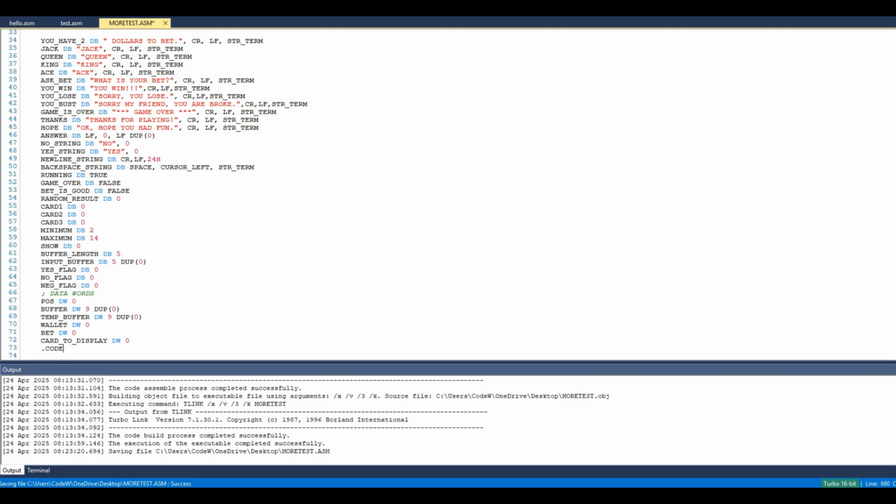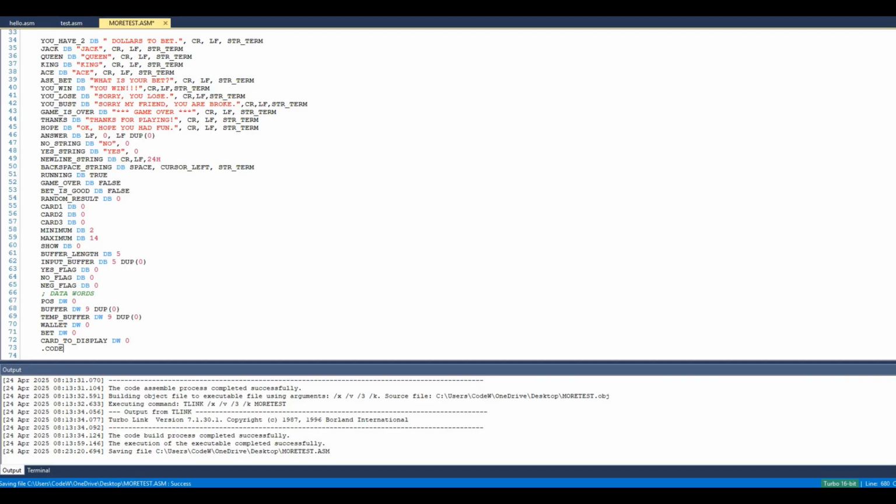Another buffer, which is 9, and a temp buffer, which I'm using with buffer, and I'll show you what that is. That is the fact that when you convert an integer to a string, the way that I implemented it, it'll push them all onto the stack reversed, and then it pulls them off. So temp buffer, I think, is the first one I'm using, where I shove it in backwards, and then it flows back into buffer forward, and then I'm able to convert that to be able to display